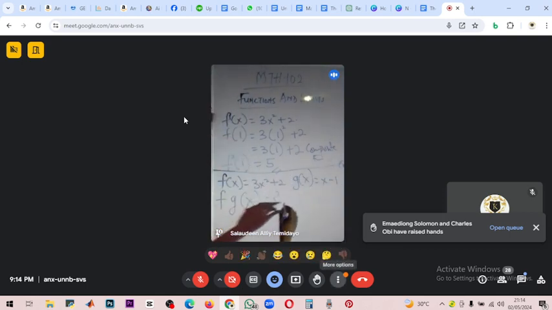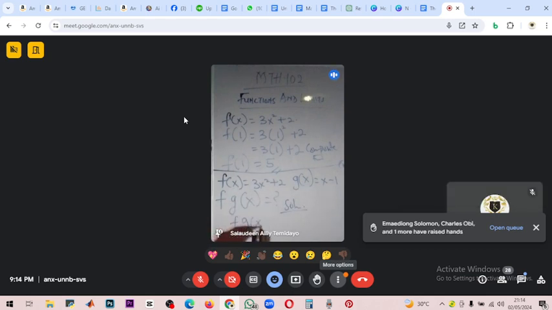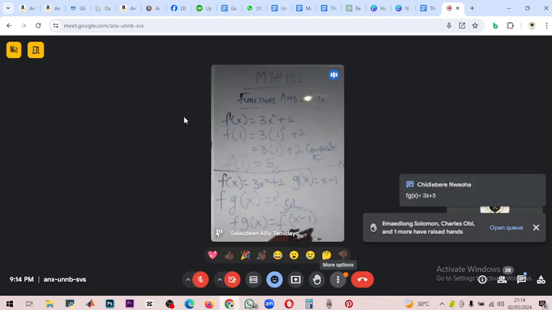Listen, I'm solving this. You should quench your test. F of x is this. So g of x is this. F of g of x, you have to write it out. Is it showing? So f of g of x equals f of, what is g of x? G of x is x minus 1. That is f of x minus 1. We should put it that way.